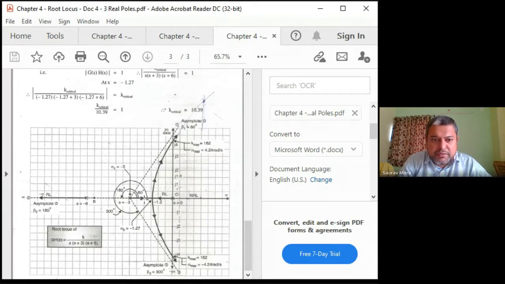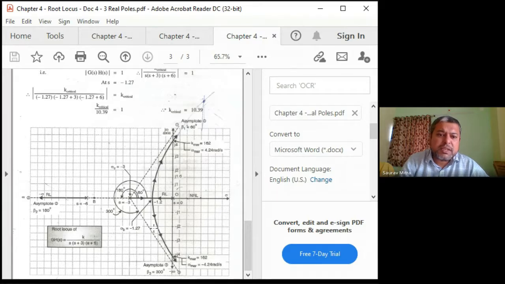You are increasing the value of k, and at a certain value of k, which one is it? We can calculate it. You are finding the pole position is minus 1.27. This is called the breakaway point. Why breakaway? Because if you further increase the value of k, the poles are going to go into the imaginary axis. Still you don't stop, you keep on increasing the value of k,